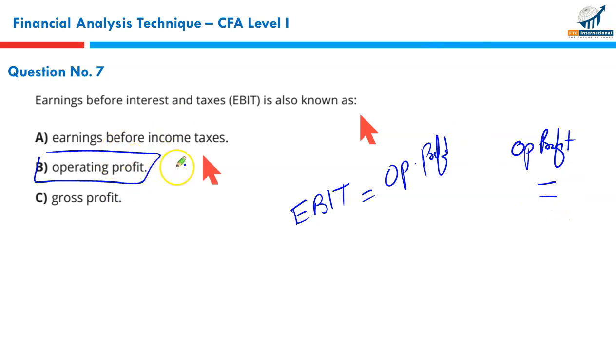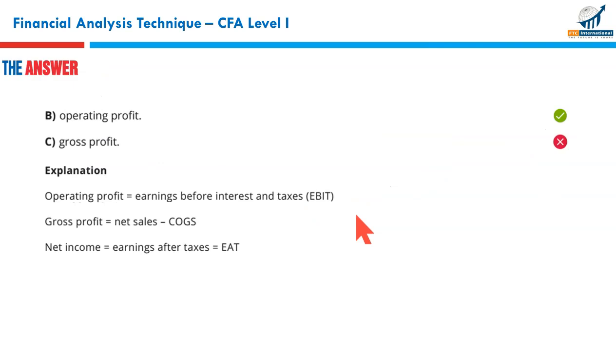But out of these three options, yes, EBIT is equal to operating profit, but it is not always the case that operating profit and EBIT would be the same. Nonetheless, B is the right answer, so that makes B the correct option. Next,